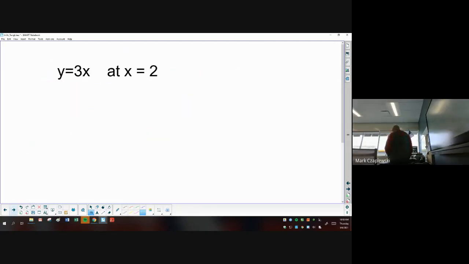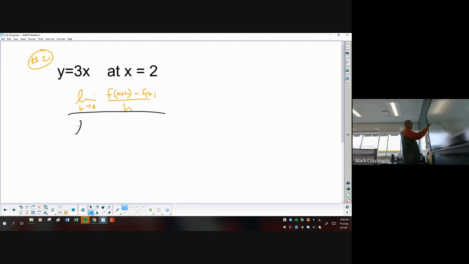So this is question number 2 on your worksheet. And I'll get most of it started for you. So you're going to use the same formula all the time. The limit as h approaches 0 of f of x plus h minus f of x all over h, which gives you the limit as h approaches 0 of, oh, this is an easy one. It's 3, and in place of the x, you get an x plus h. Minus f of x, and f of x is just 3x